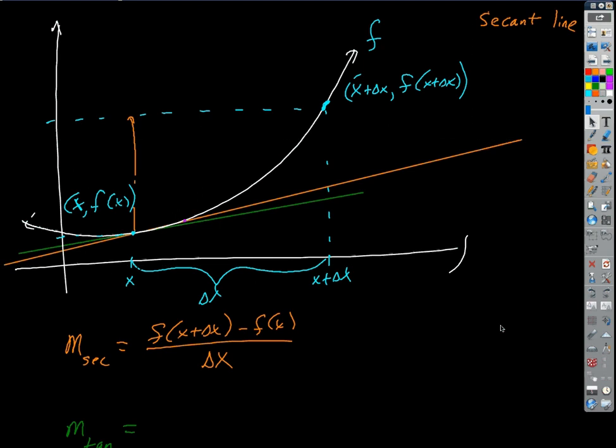And I could go further with it. If this is the point I'm using right here, and this is now my new delta x, I could make it even better if I went closer. But really, these are just approximations. If I want the exact slope of the tangent line, what could I do with that process? I could take a limit, right? I could take the limit as delta x approaches,